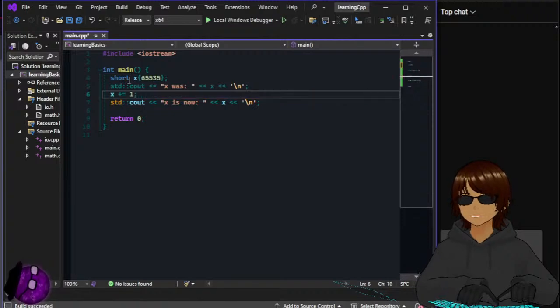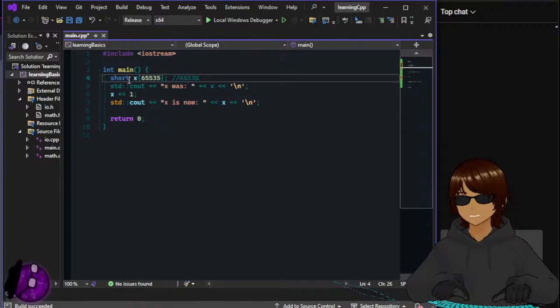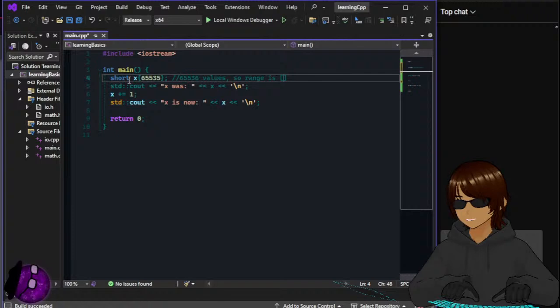The size is 2 bytes, right? And so that's 16 bits. So the signed value has the range. Signed value can hold 65536 values. So range is 65536 divided by 2. 32768